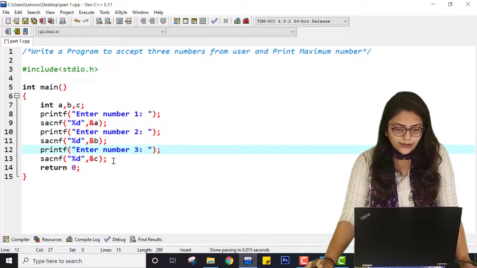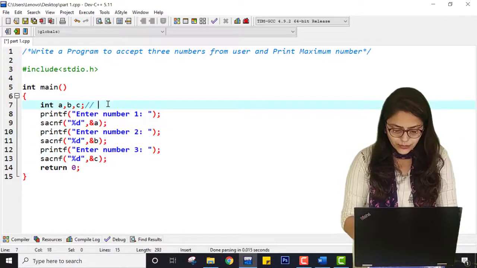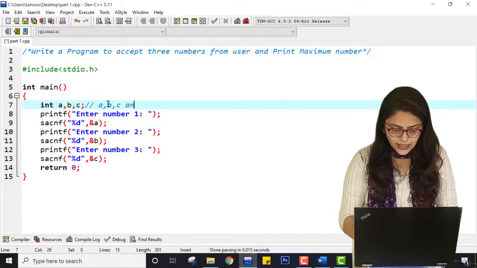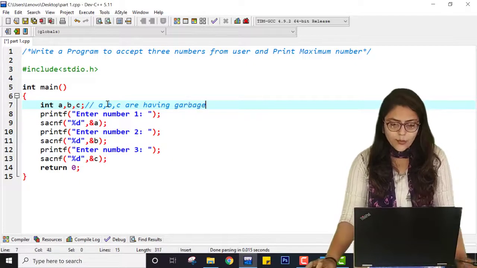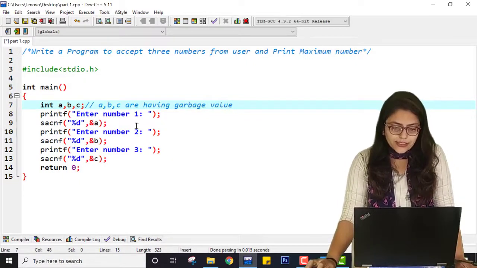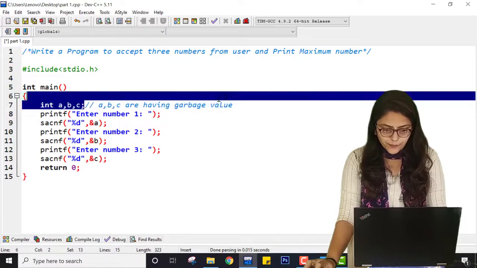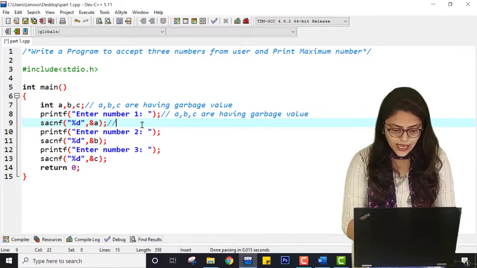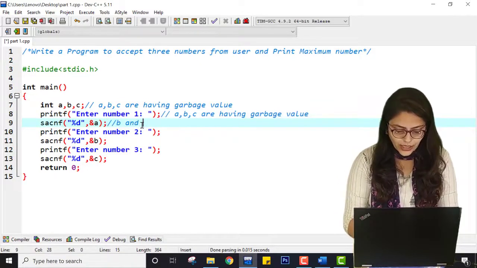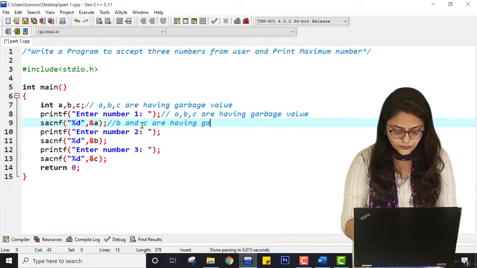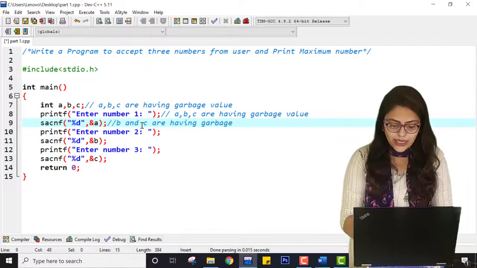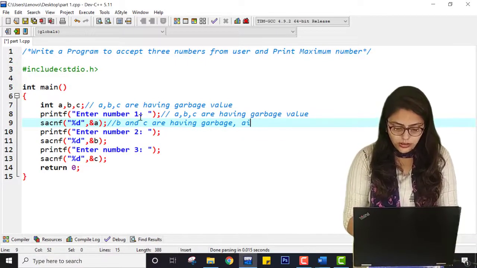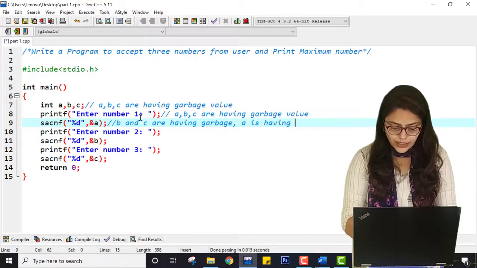Now at this moment A, B, C are having garbage value. Similarly, at this moment B and C are having garbage value, right? But A is having value entered by user.